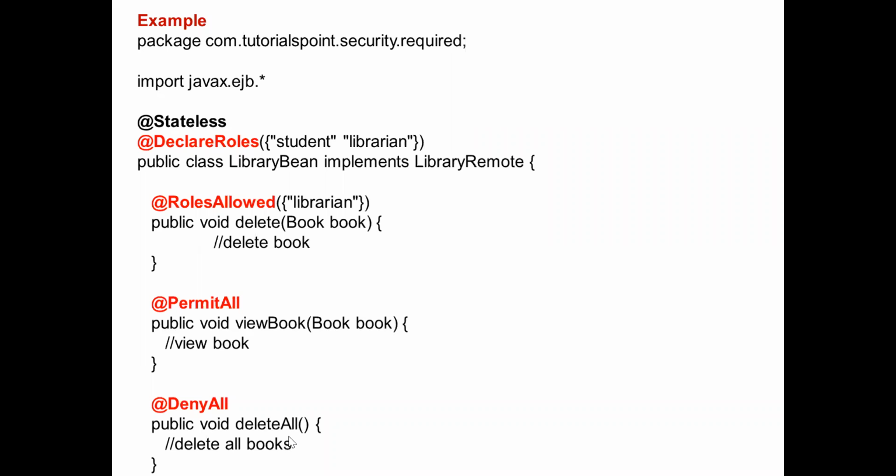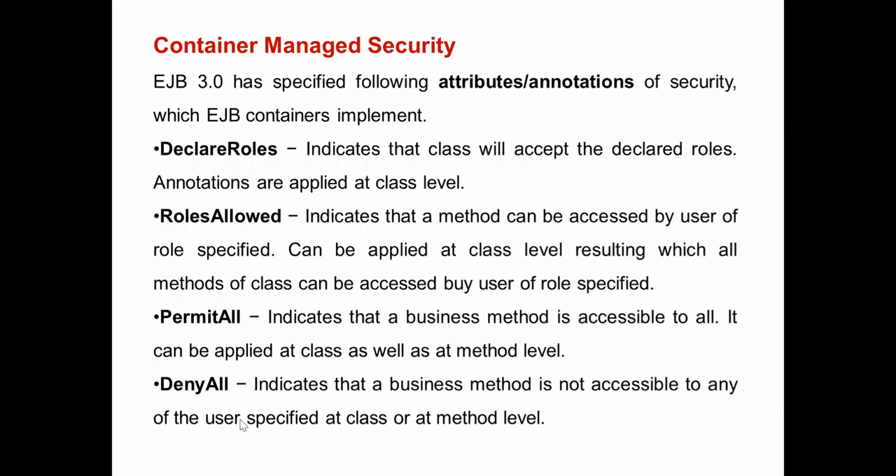So in that case, I can use delete all books, whatever you store in the container. So there are two types of meanings. Deny all means one should be used in the source code. Delete all means all the books will be deleted by using deny all. In the other meaning, deny all means when you go for the business method, it will not be accessible to any of the users specified at the class level or the method level. So there are two types of meanings that arise when using deny all.